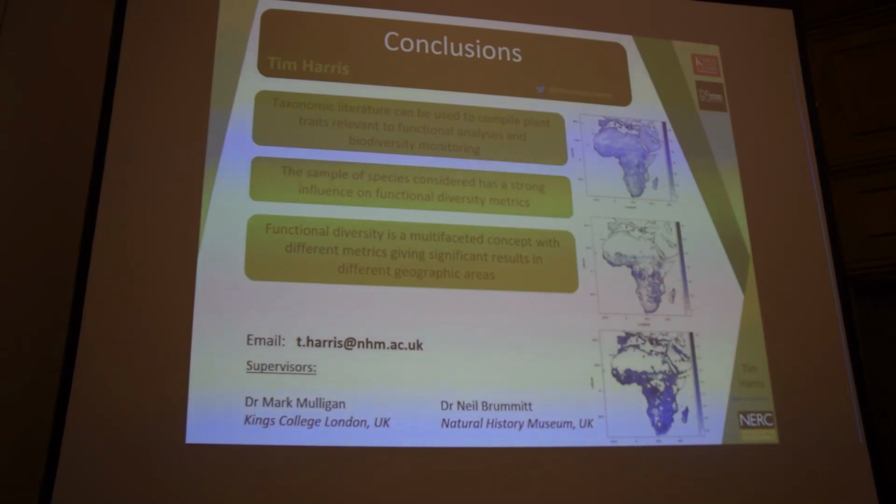And it will be important to establish standards as to what functional diversity metrics should be calculated for this sort